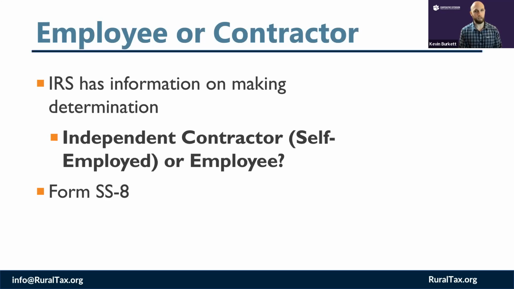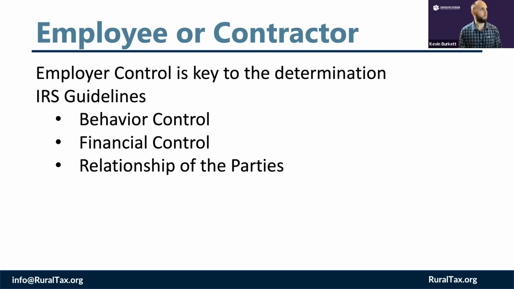you're still unclear, you feel like it's still kind of a gray area, you can actually send that form into them, the SS8, tell them the facts and circumstances of the situation, and they will help you make that determination. And I don't know that I've heard a lot of people do that, but that is an option for you. I'm going to skip over some of this, but this is kind of just related to that same thing. So how much control essentially, or how independent is that person, is kind of the main factor that they're looking at.